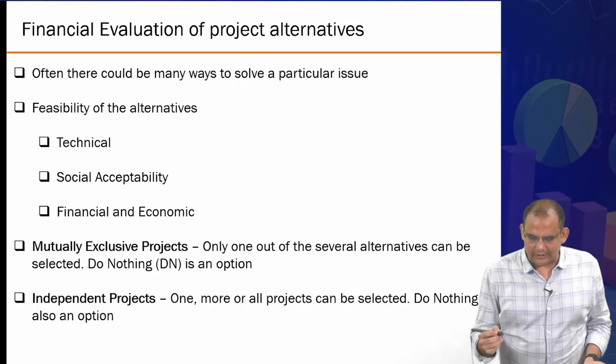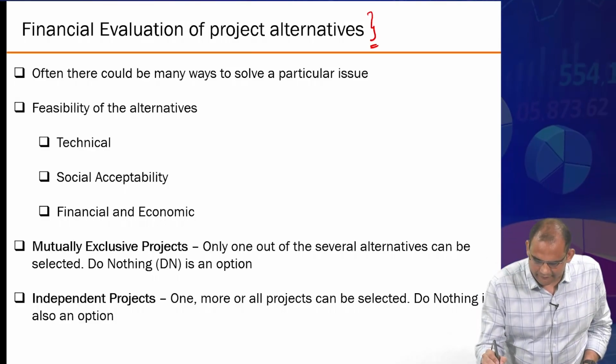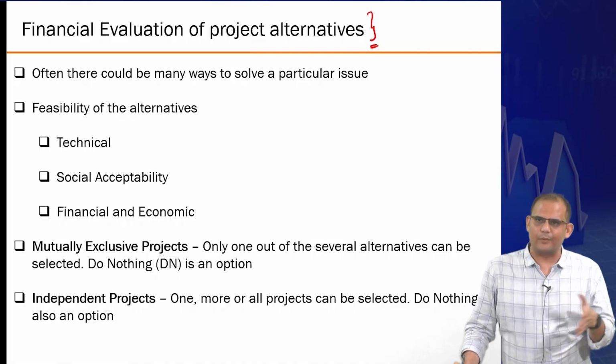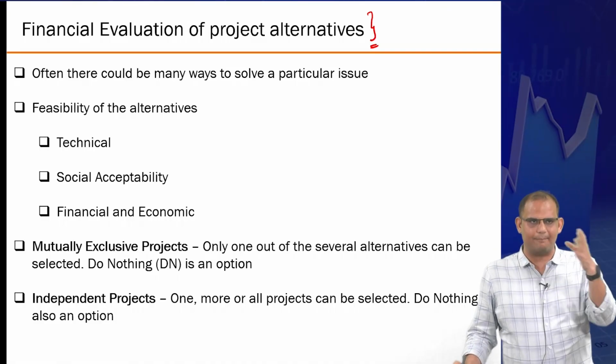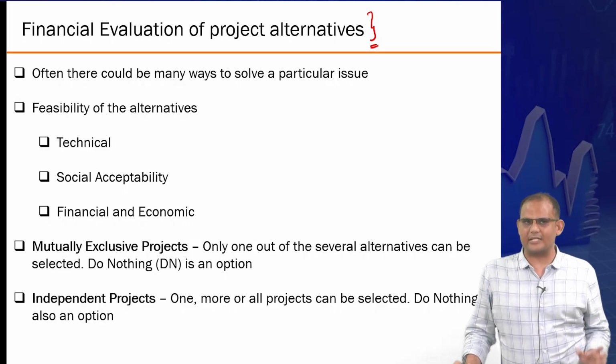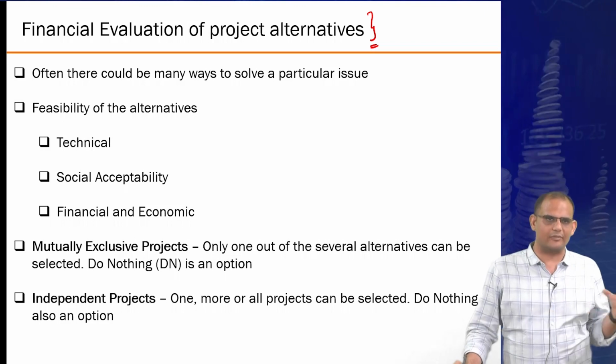Let me bring you back to the simpler discussions that we were having, where I had shown you how to estimate the present worth, annual worth, all these formulas, P by A transformations and all. How do you actually use it? What are the fundamental uses of all this that we are learning?